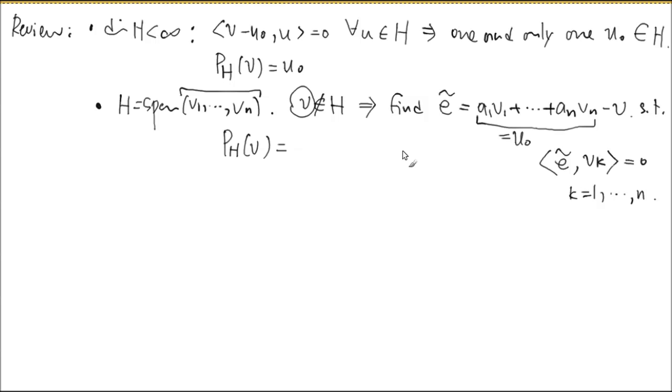So it avoids going through the Gram-Schmidt process to compute it. But when we show this existence and one and only one thing, we use the Gram-Schmidt. It's theoretically easier to use that. So this is a practical way of computing the projection, which is A1 V1 all the way up to AN VN. Okay? But theoretically,